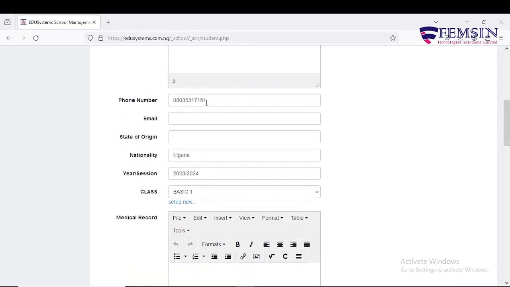So this phone number is not important. So the phone number, the email, state of origin,